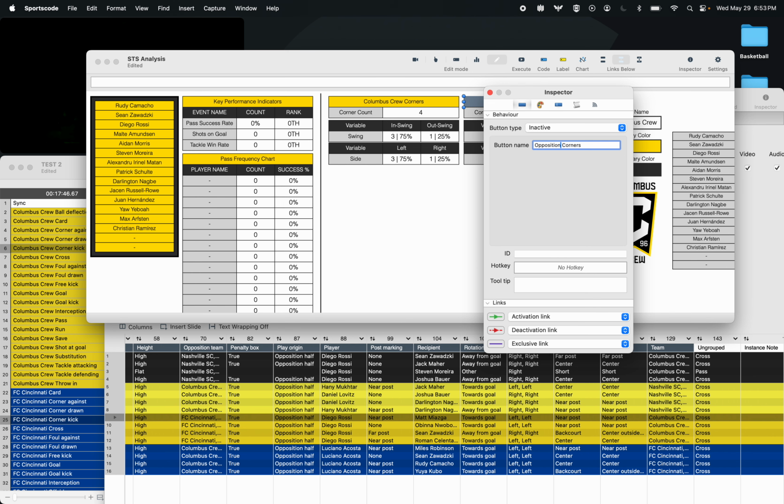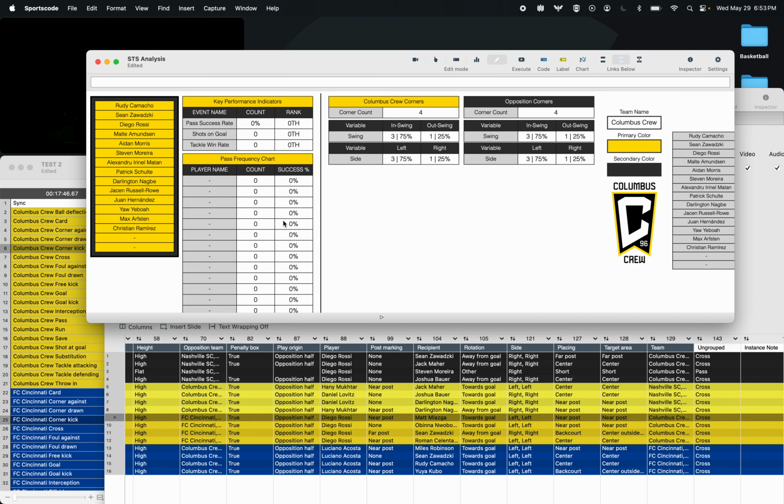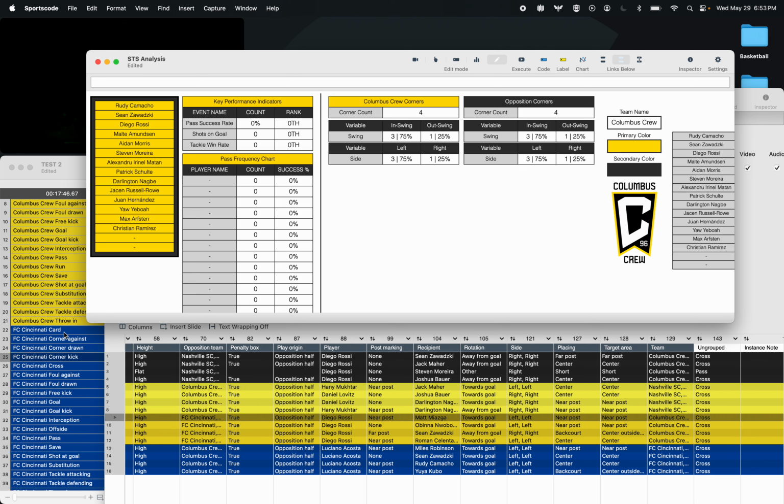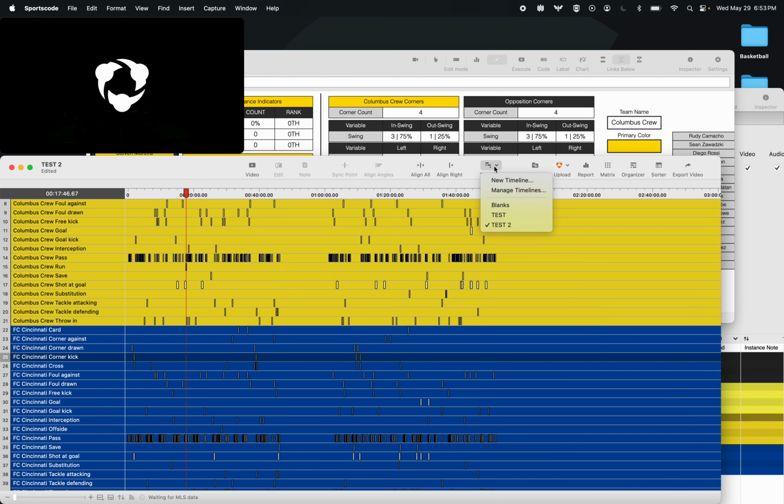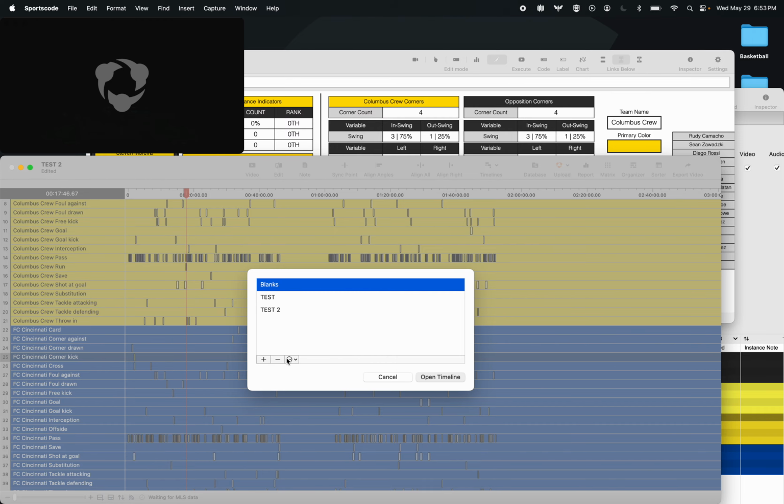So if we want to run this output window across multiple games, so the crew play Cincinnati, the crew play Minnesota, the crew play Nashville, whatever, this is obviously going to stay the same because it's still going to be Columbus Crew corners, and that's not going to be different because they're going to be called the Columbus Crew in every timeline that it looks over. However, because the other team is not called opposition, they're called the other team, so Cincinnati, Nashville, whatever. When we want to get the total count of instances over multiple games, we actually have to do something a little bit more creative,